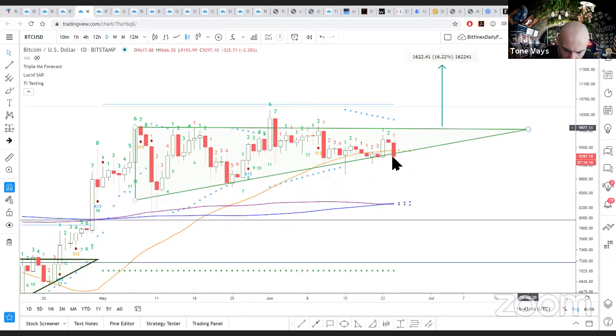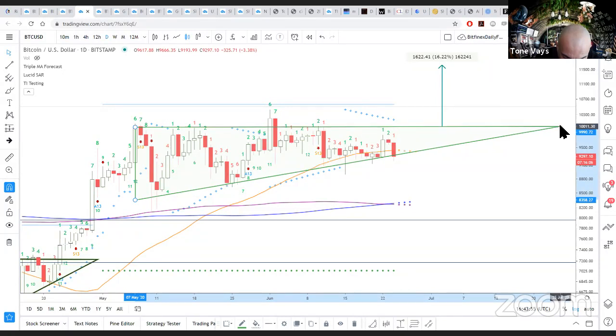But today's candle, the story on today's candle has not yet been written, so you can be updating this triangle all day. Since I'm on the video now, I will go ahead and adjust the triangle so that we are not breaking any of the bodies. So there you go. We are still touching here, here, over here, here, here, and now again there. That is an unreasonable amount of touches on this trend line moving up.